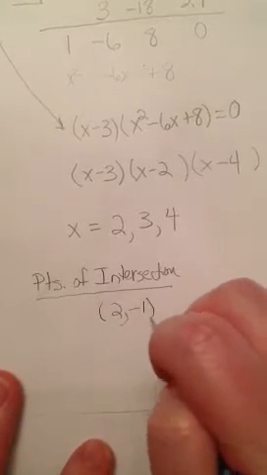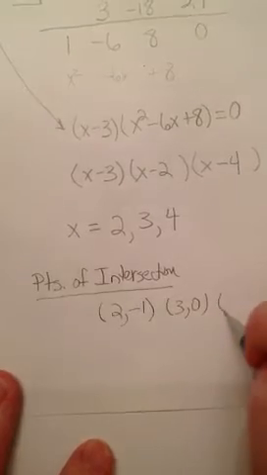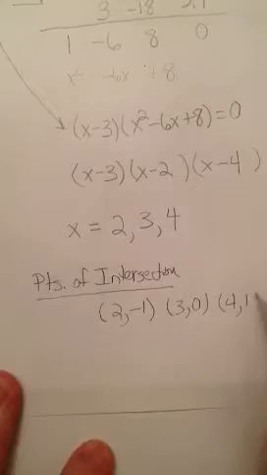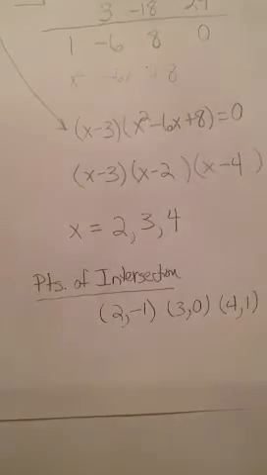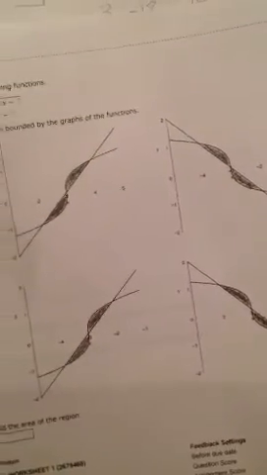These will lie at (2, -1), (3, 0), and (4, 1). And out of all 4 of these possible graphs, looking at how they are lined up,